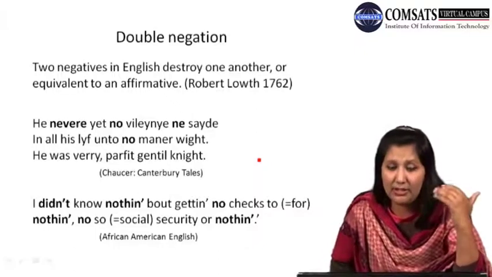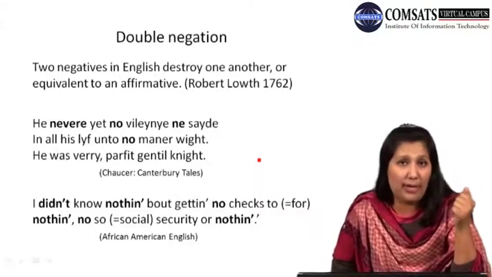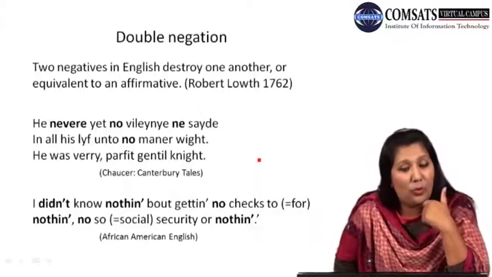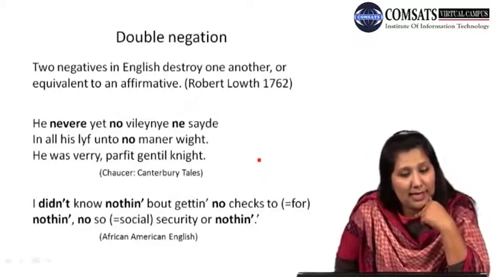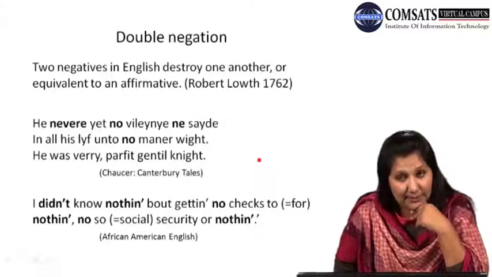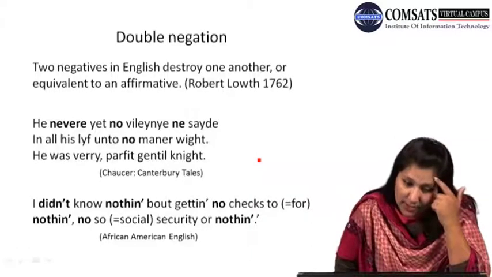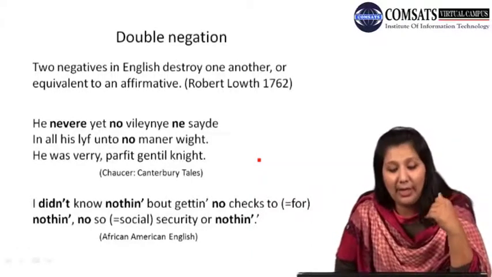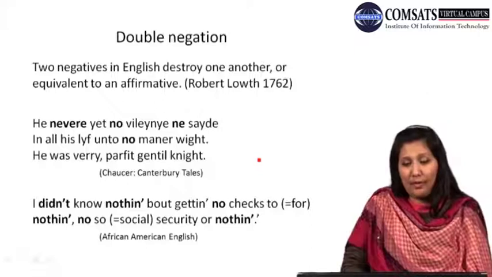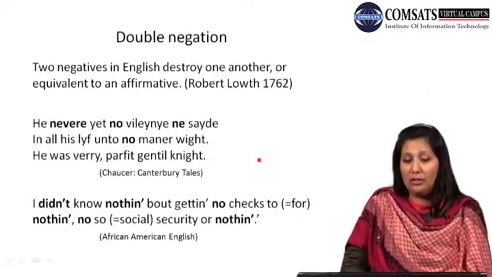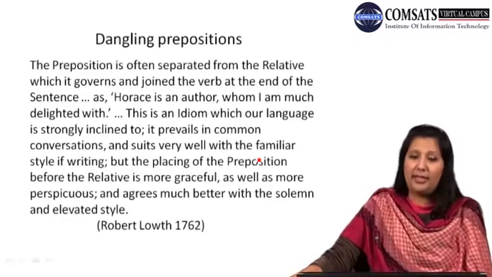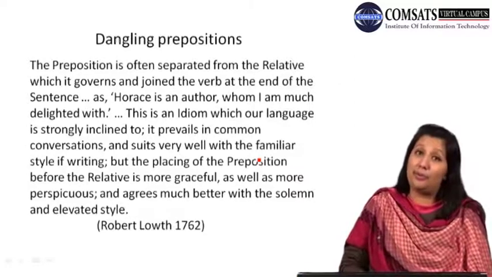in Canterbury Tales, we have studied already that there was a trend of double negatives in the Old English period. For example, "He never yet no villainy ne said, in all his life unto no manner wight. He was a very perfect, gentle knight." Yes, this is Chaucer's Canterbury Tales, and look at how African American English says, "I didn't know nothing but getting no checks, no social security or nothing." There are again double negatives coming in,